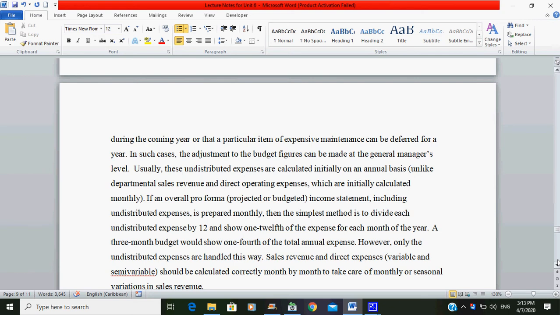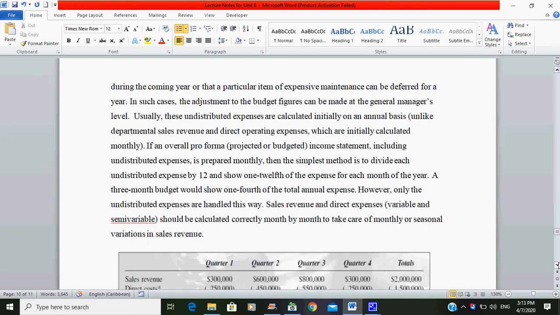Usually, these undistributed expenses are calculated initially on an annual basis, unlike departmental sales revenue and direct operating expenses, which are initially calculated monthly. So what it is saying is that usually undistributed expenses are calculated initially on an annual basis, not monthly. If an overall pro forma or budgeted income statement, including undistributed expenses, is prepared monthly,